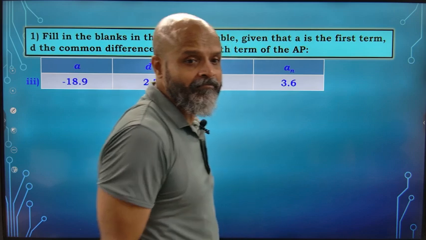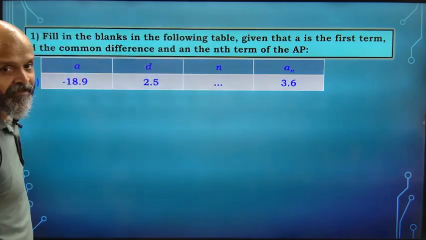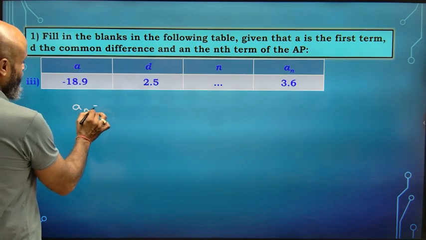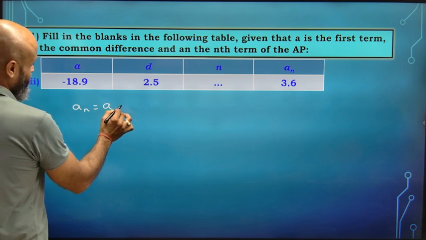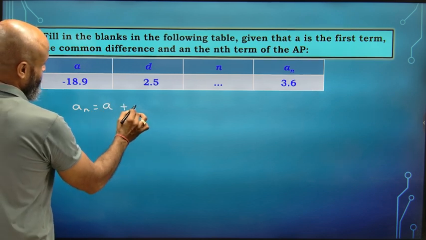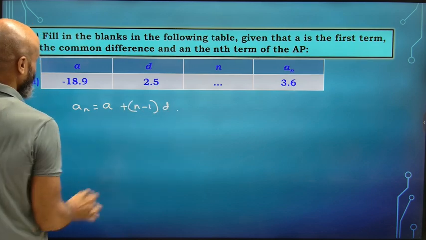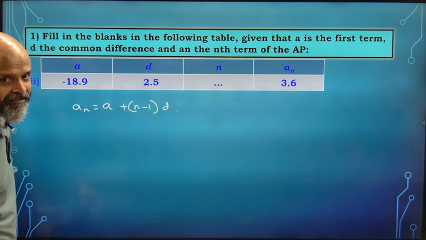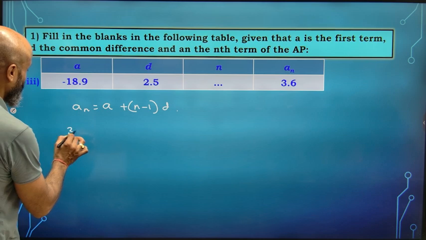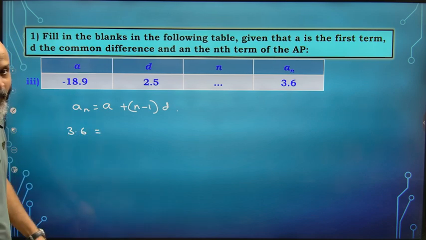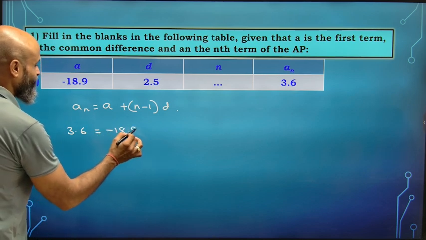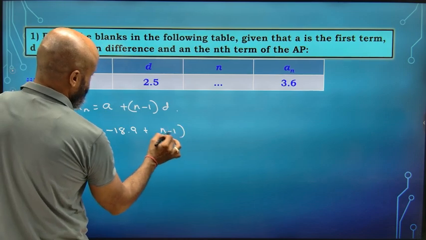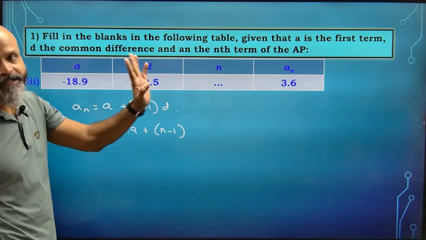Okay, are we done? Rishabh, formula? Plus into d. Okay, so an here is how much? An here is how much? 3.6 is equal to, okay. n is not known here, so we will keep it the way it is, n minus 1, and then